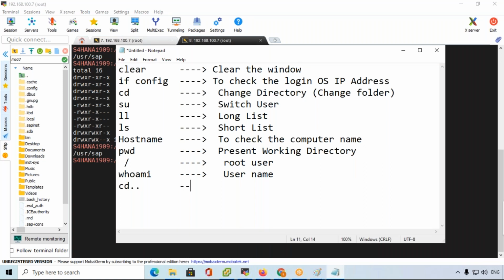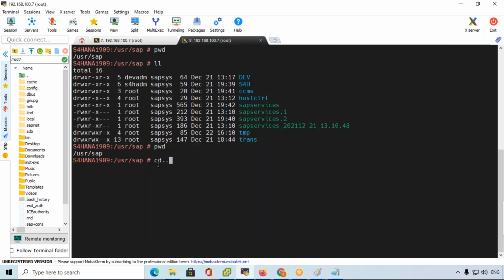This is for going back. cd dot dot. We observe here, presently we are in PWD, root user only, not SAP, because in SAP we entered cd dot dot. So here also cd dot dot. Presently we are in root user only.